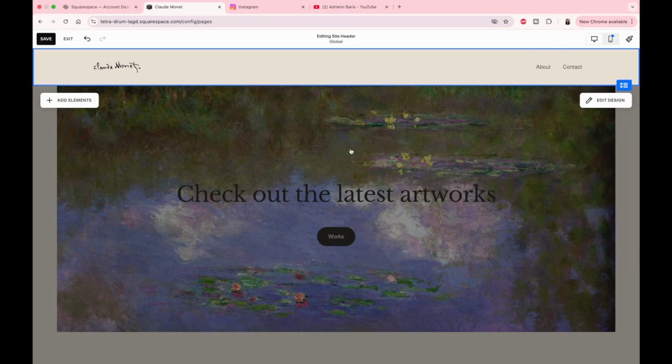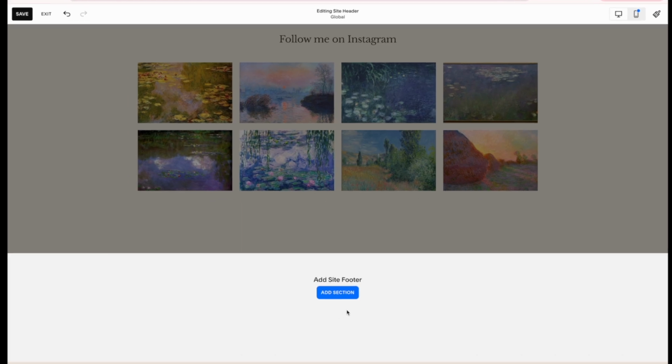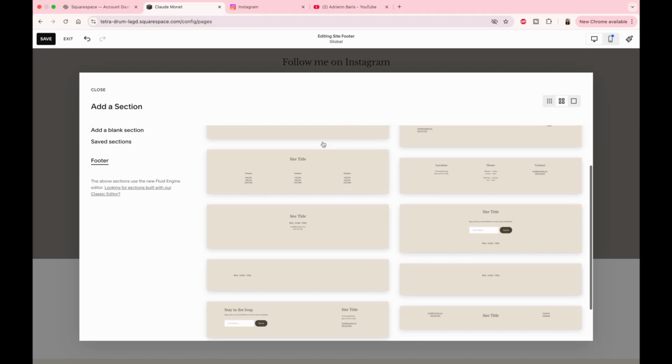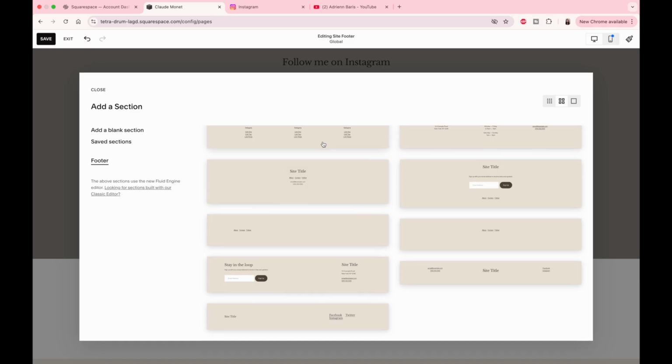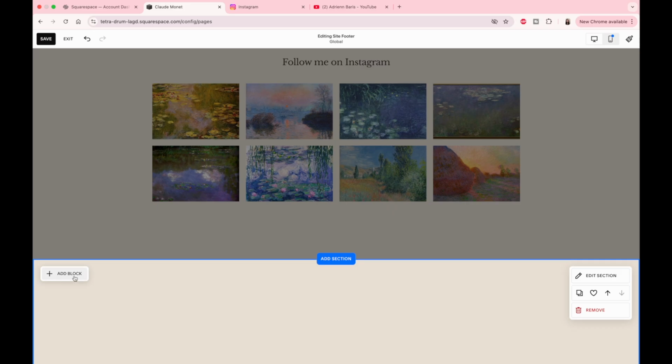As the last step of the homepage, I want to design the footer, so let's scroll down to the bottom of the page, and here you will see Add Site Footer. Simply add the section under this text. There are many nice default footer designs, but I couldn't find exactly what I wanted, so I will just add a blank section now. Here I want to add a newsletter where people can subscribe, so I add the block